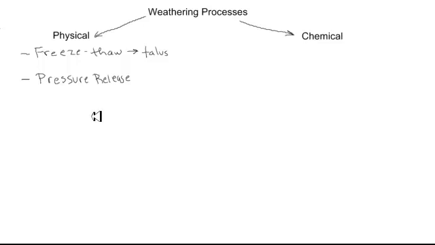When the rocks are under pressure down in the crust, they compress a little bit, and when they're exposed at the surface and the pressure is much lower, they expand a little bit. And so that forms fractures or joints in the rock. And I think I showed some examples in the learning module of different ways that pressure release weathering and the joints that form as a result of it can be expressed. Like some rocks undergo what they call exfoliation,